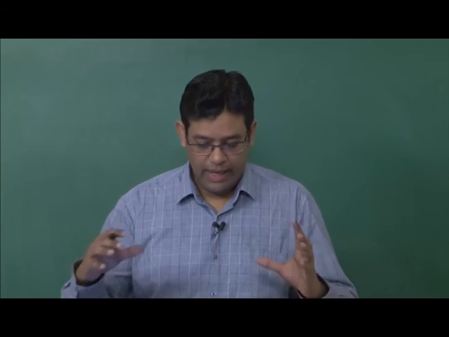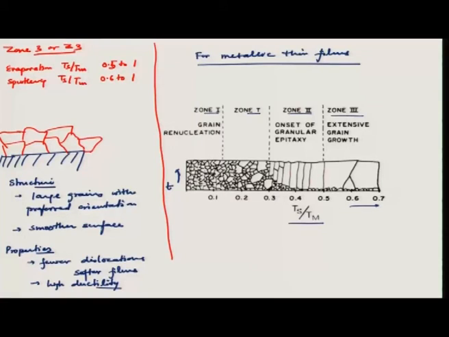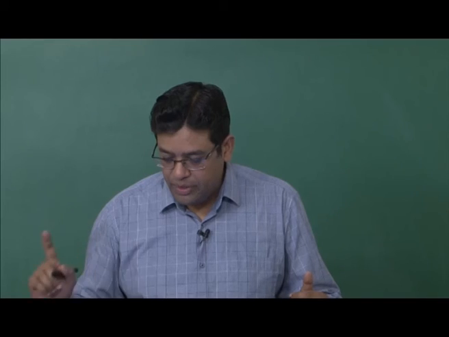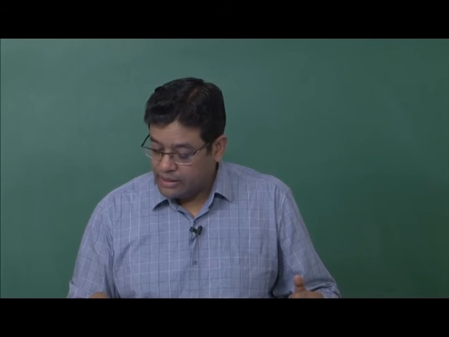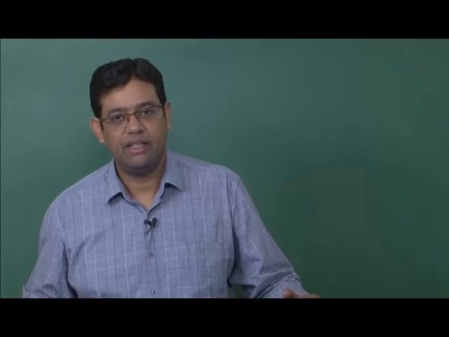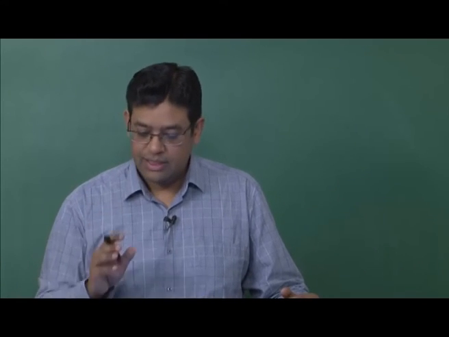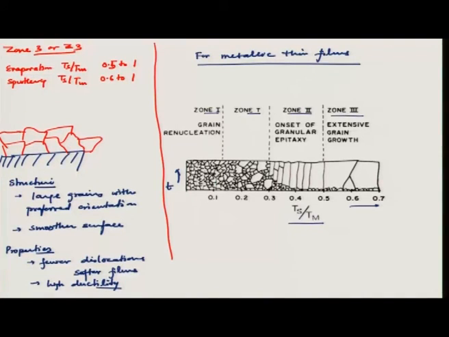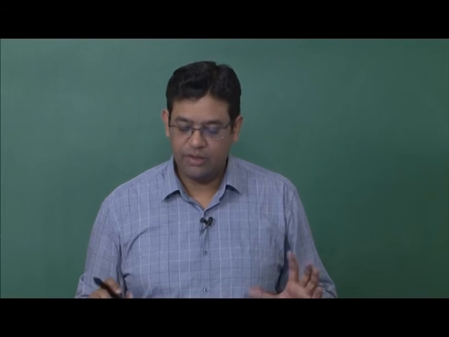As I said on the first slide, this is largely for physical vapor deposition methods, because substrate temperatures for chemical vapor deposition are usually very high. But this model can also be adopted for low temperature CVD processes to describe the grain structure of those thin films. With this we will stop with the morphology of thin films.